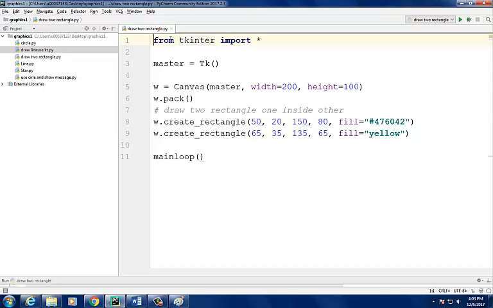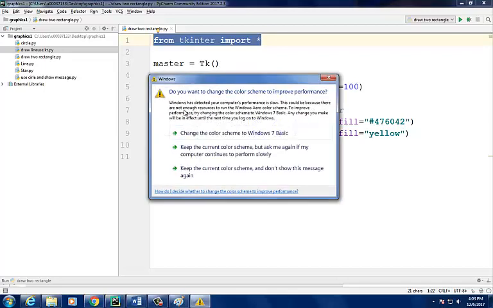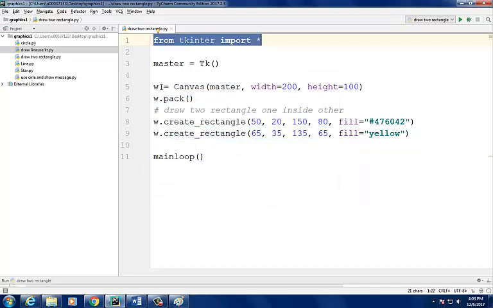So as you can see here, we're mentioning from tkinter import star, which is like importing everything from the Tkinter. Then we will have to write the master, which is equal to Tk and the brackets. And let's declare, for example, a w, which is equal to Canvas open bracket master